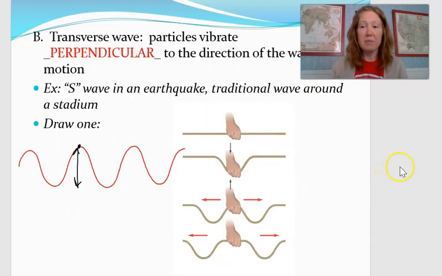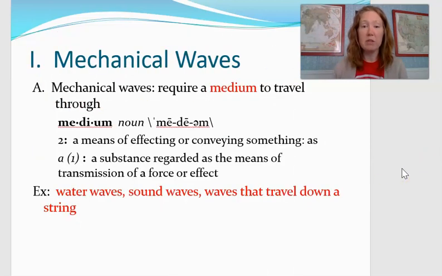In this class, we're going to start off talking about mechanical waves. When I say mechanical, I just mean this is the kind of wave that needs to have some stuff to go through. In a few minutes, I'll show you my daughter and me making a little wave in a slinky. That's an example. And here, when you see the word medium, these waves require a medium to travel through.